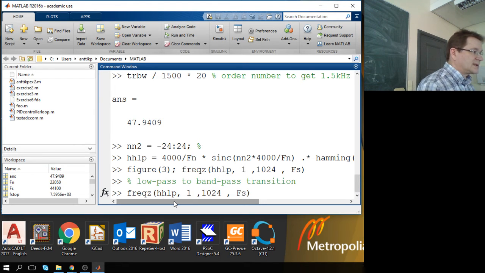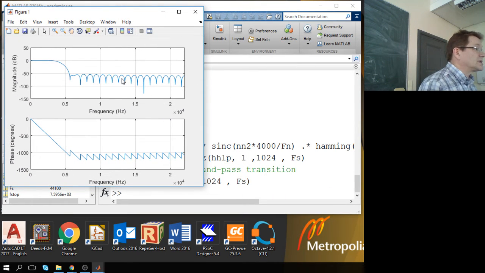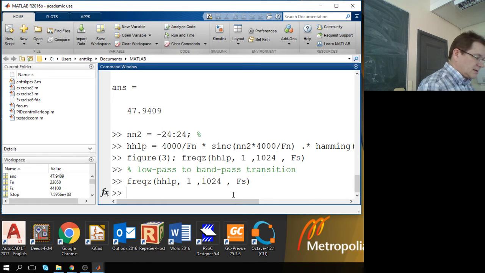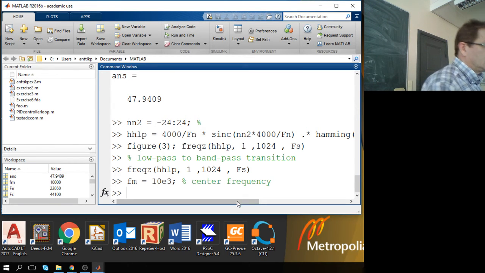H low pass. There we go. So let's transform this filter so that the center of this filter is at 10 kilohertz. So center frequency, which is same as modulation frequency, is 10 kilohertz. And yes, the 10E3 is just fine. It's the kind of engineering notation. So H bandpass equals,